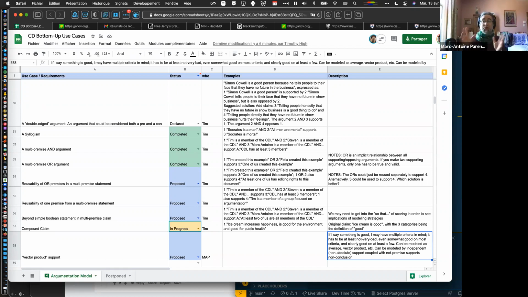And we could do it with a formula saying the truth of this is some formula of the truth of that. And that's where we get into partitions. True if and only if a partition on the truth row set. Or we can have it as separate rows. Each row is a separate support. And then we can just say multi-premise conclusion, which I think is simpler at a certain level.